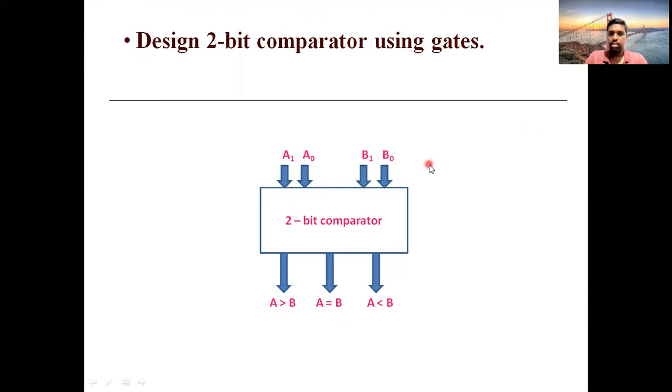Complete this designing process carefully. Be clear that a comparator is a circuit which is used to compare the relative magnitudes of two binary numbers. What is relative magnitude? When you convert that binary number into a decimal number, the decimal value is your relative magnitude, and that value will help the circuit to compare.